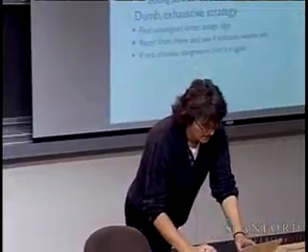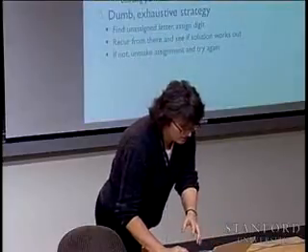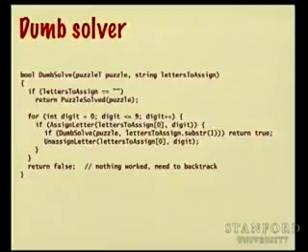So I'll show you the code first, because it's actually quite easy to take a look at. Again, it has helper routines that try to abstract the pieces of the puzzle that actually aren't very interesting, from just looking at the core of the recursive algorithm. So it looks a lot like